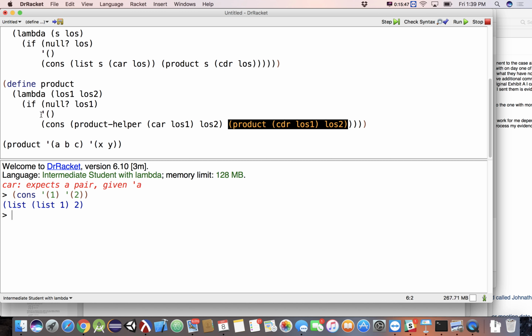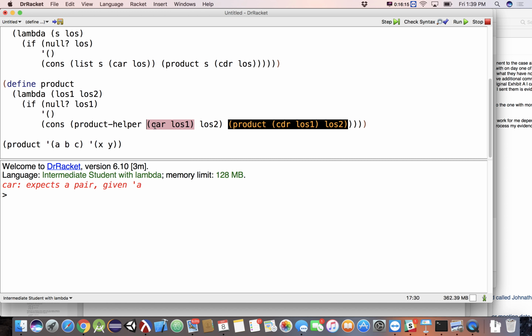If that's the empty list, return the empty list. Passing it LOS2, cons. Car expects a pair given an A. Which car is that?